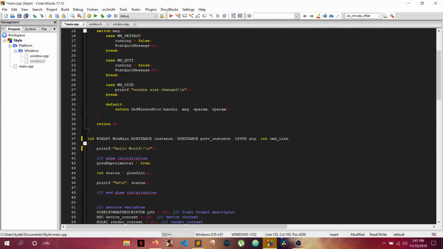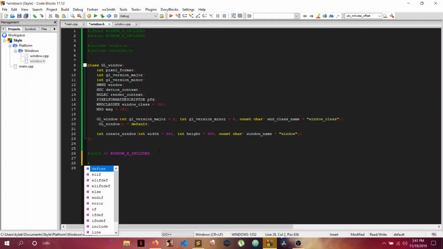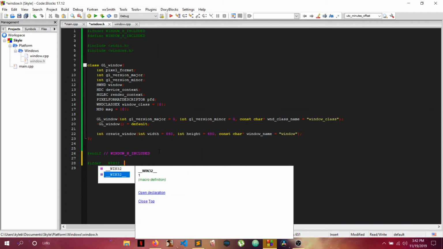As you can see, we still haven't dealt with the problem of having WinMain in here. So let's just go into windows.h and we'll do one small thing here. Let's go even under here, and we'll use a macro: if defined __WIN32__, then